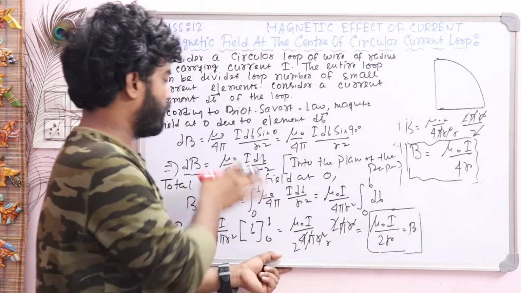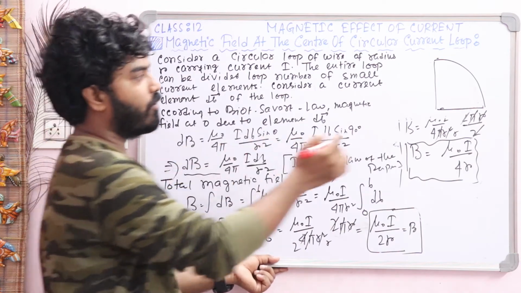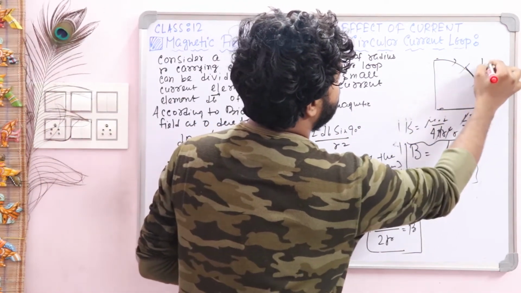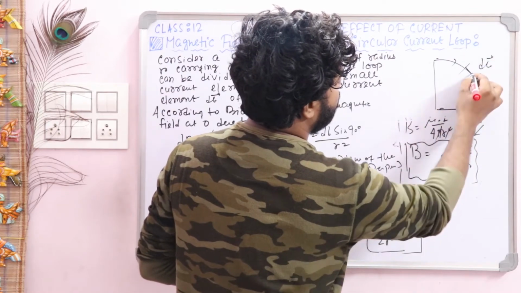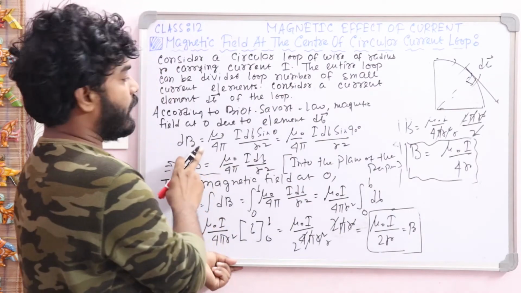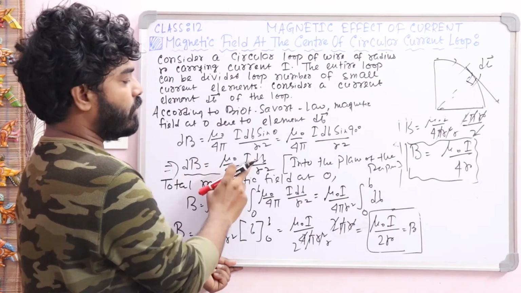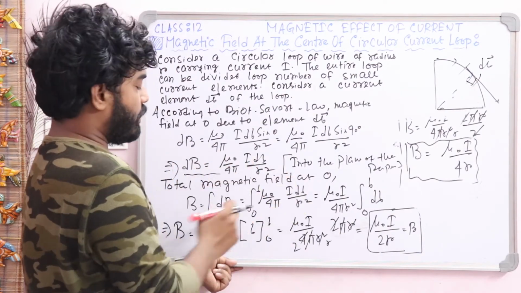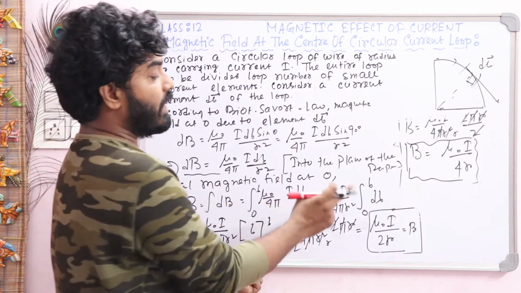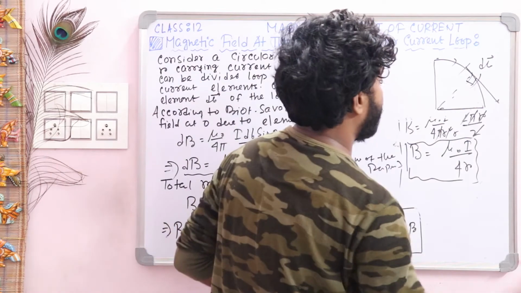Same method. At first you have to find out dB. You consider here del L, current is flowing in this direction, this is del L, and this is R, perpendicular, 90 degrees. So at first you write dB, then dB is equal to this one, then after that you integrate this one, that is B equal to integration of dB, and in the place of L, here you have to write, you see,